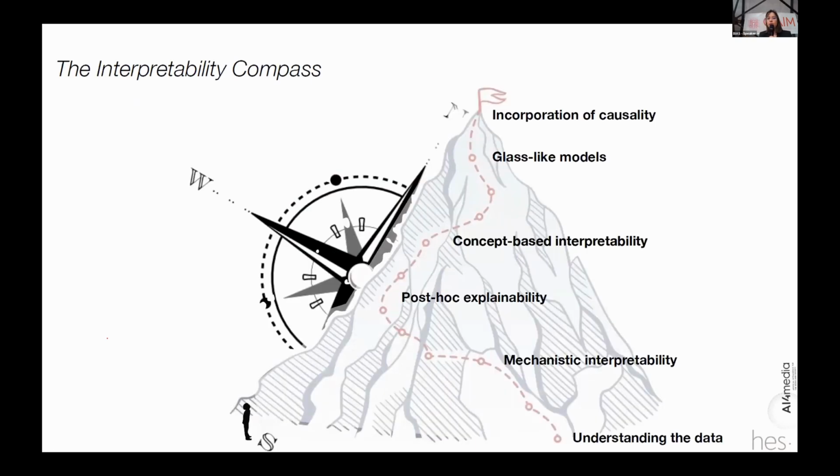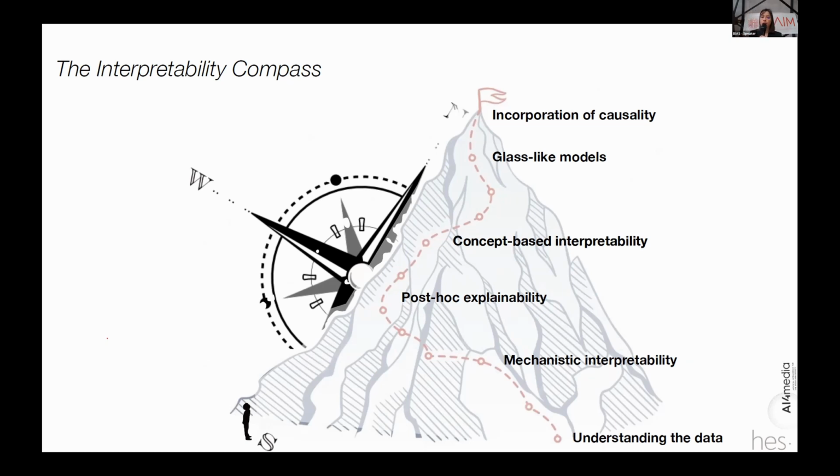So this was an overview, and it was very quick, but I wanted to go through all of these methods because I think it's important to have an interpretability compass in the field of interpretability, because really the technique you're using depends on what's your end goal and who's going to be the user, who that explanation is built for. If it's built for physicians, you should first listen to the requirements. What are they available to work with and what they think is going to be useful to them. And if it's for debugging, probably you want to look at different types of techniques than what you would use